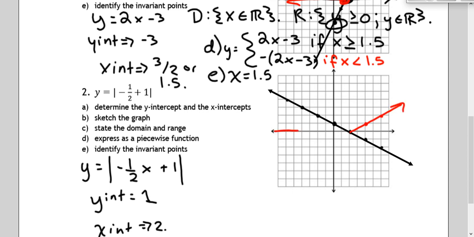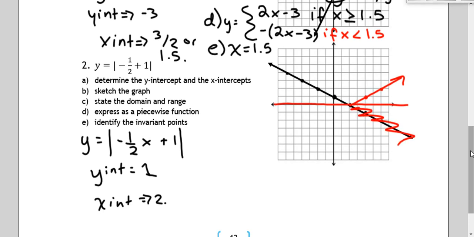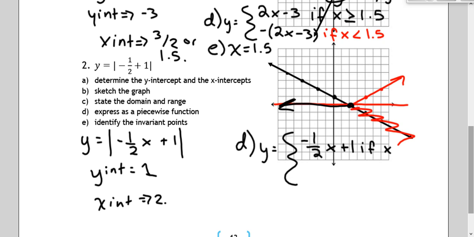So basically, again, here's our stop point, and everything below it doesn't matter anymore. We kind of get rid of it. So domain and range are the same as before. Our piecewise function is really what I want to focus on. So let's go piecewise function, y is equal to our original function, which is -1/2 x plus 1. And now that is on this side. So this part exists up to this point. So it goes this way, if x is less than or equal to 2, and then our negative function,